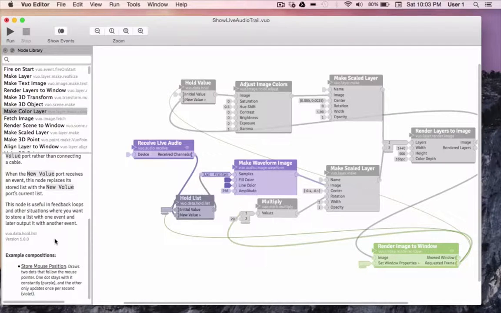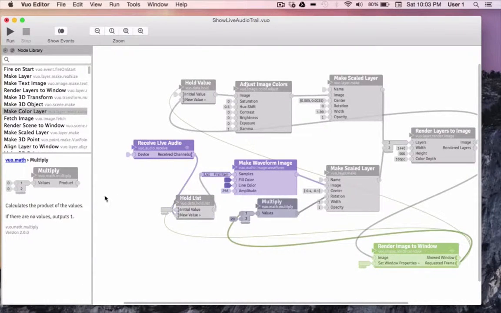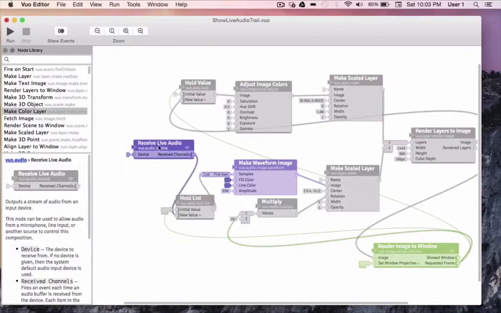Each node falls under a specific category. For example, the multiply node falls under the category of working with math, and the receive live audio node falls under the category of working with audio. For each node, there is a link to information about that category.